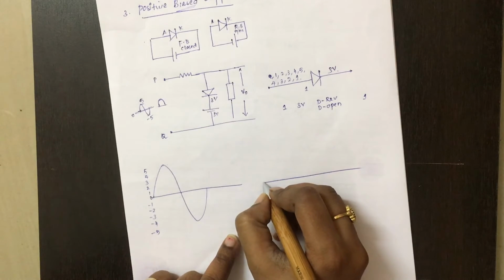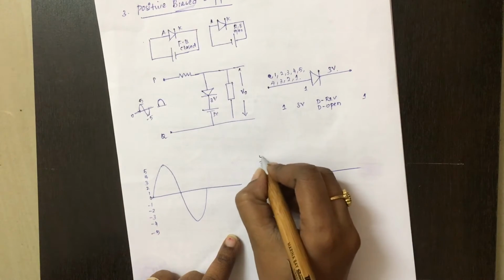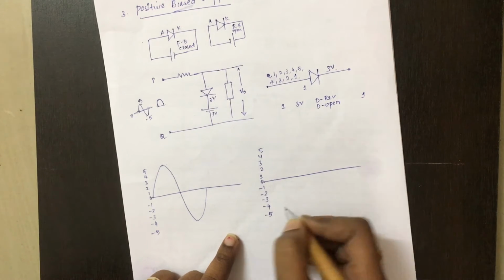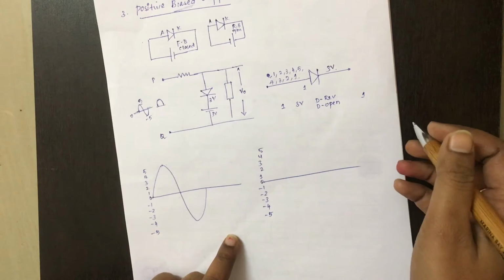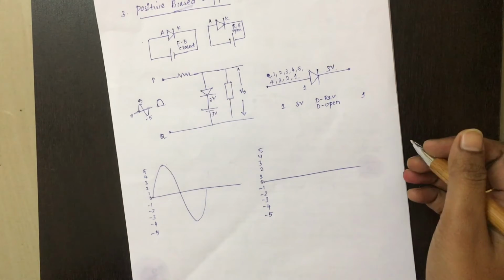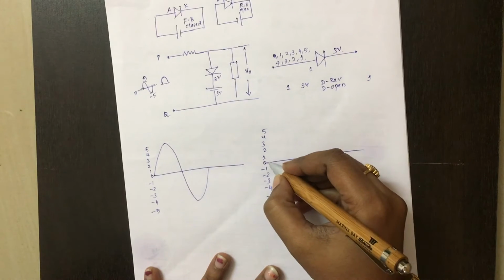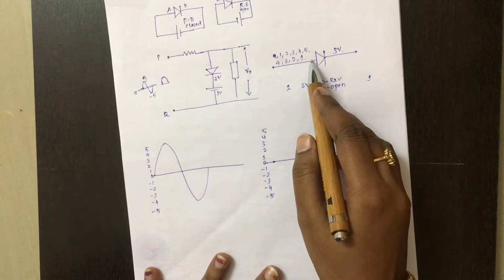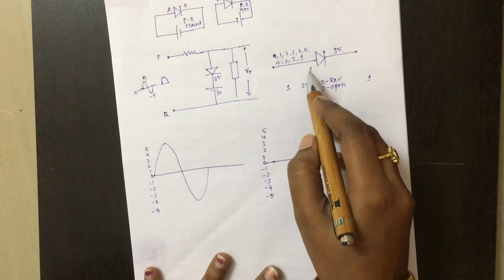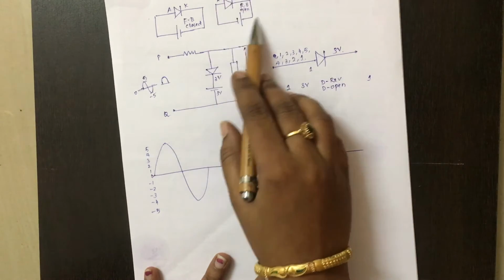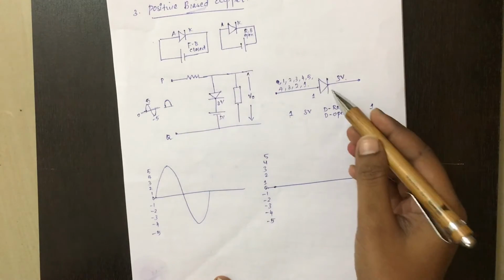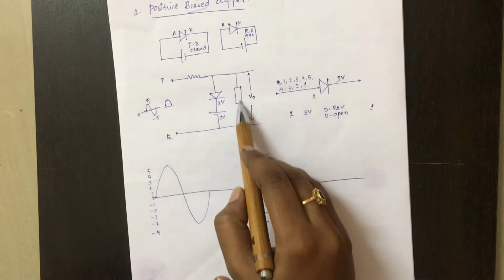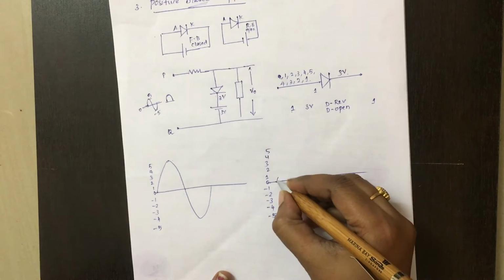I will be drawing the output here. This is as simple as that. I will be explaining each value, so you may feel it is a lengthy one, but overall it is a very simple one. So 0 is a DC level. For 1 applied to the anode, the anode becomes less positive than the cathode. So the diode becomes reverse biased and no current will flow through the diode. The entire current will flow through the output, so 1 you will get as such.